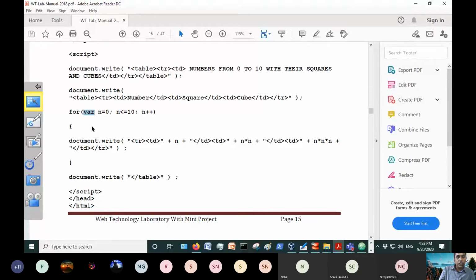Such a language is known as a dynamically typed language. Some languages are statically typed. All the programming languages that you have used so far, like C, C++, Java, are statically typed. That means before you use a variable, first you should declare it, then use it.